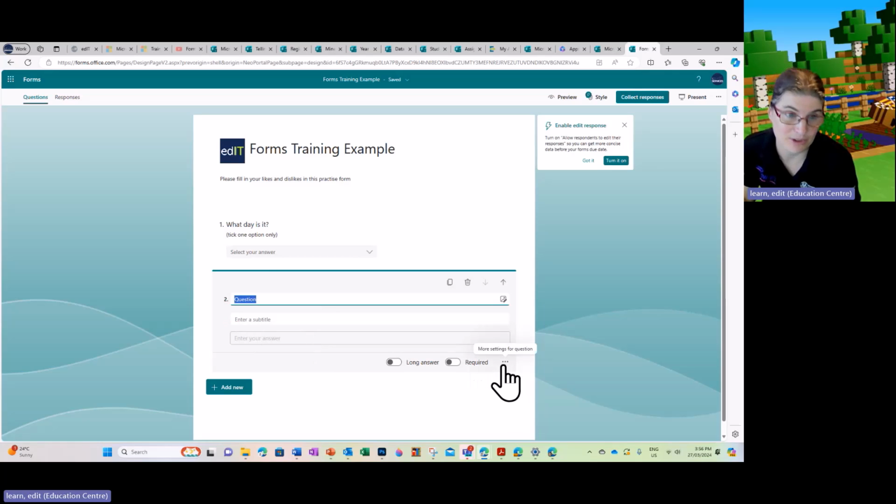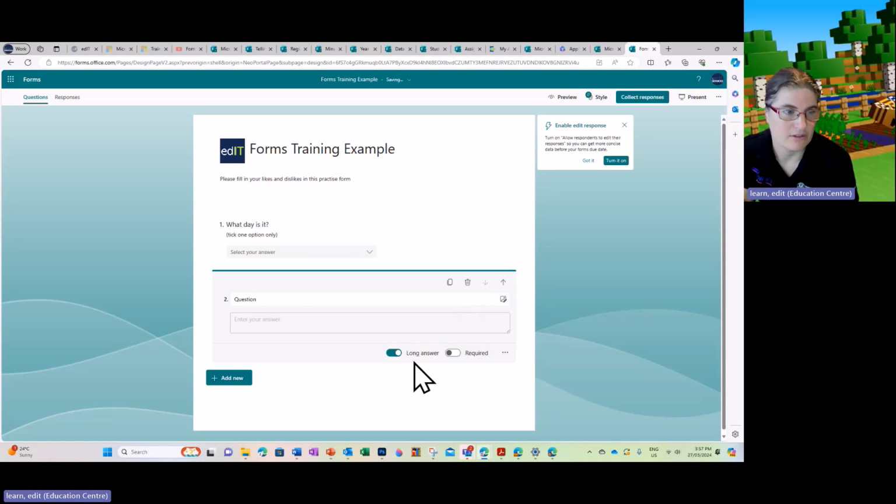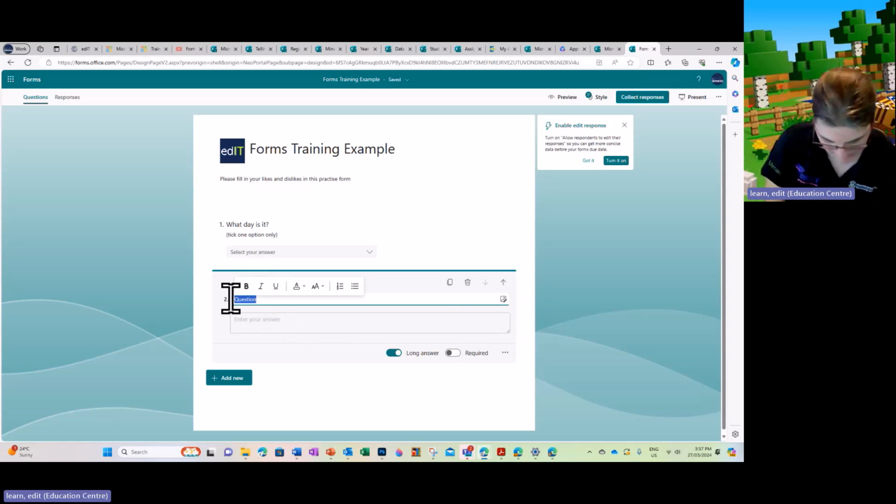Again, if I want to remove that for this particular question, I can click on the 3 dots and tick off the subtitles. Notice it doesn't remove it for the one above, just this question. I can choose whether the question is going to be long answer or short answer, so it gives me some extra space in that box. And here I'm going to put in